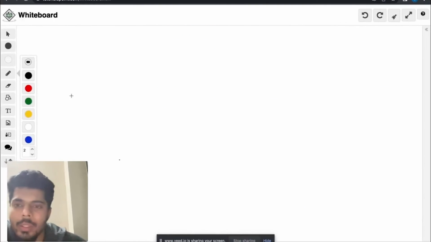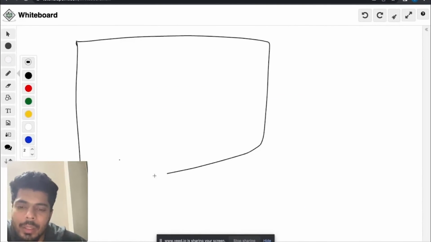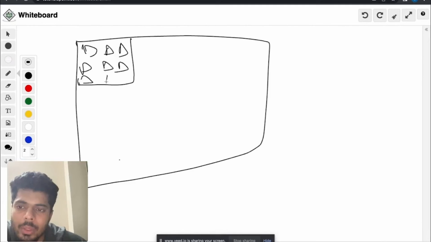So let's say this is my grid. Just putting a small grid here. This is the C solution button. I'm going to check whether this particular grid cell is pre-filled or not.